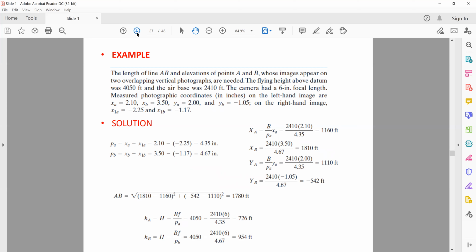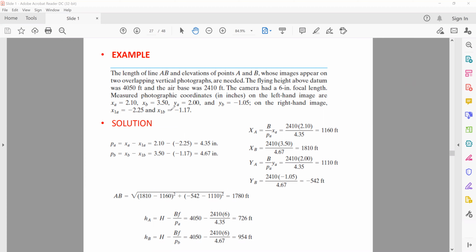The flying height above Datum was 4050 feet and the air base was 2410 feet. This means the capital H is 4050 and the air base B is 2410 feet. The camera had a 6-inch focal length, so that means focal length small f is 6 inches, and the measured coordinates in inches on the left hand image are XA, XB, YA, YB, and on the right hand image are